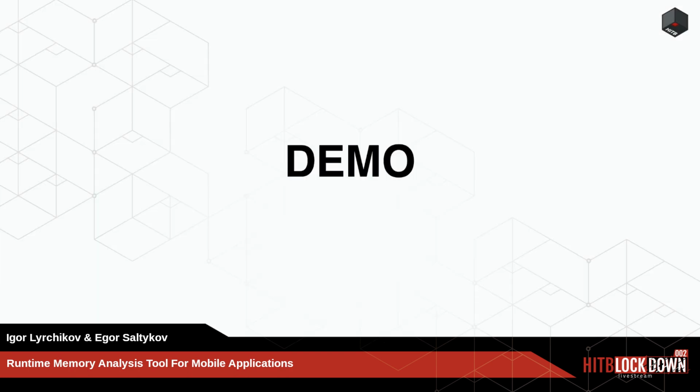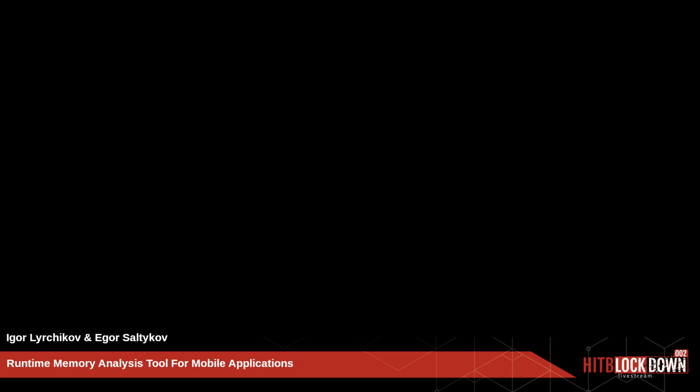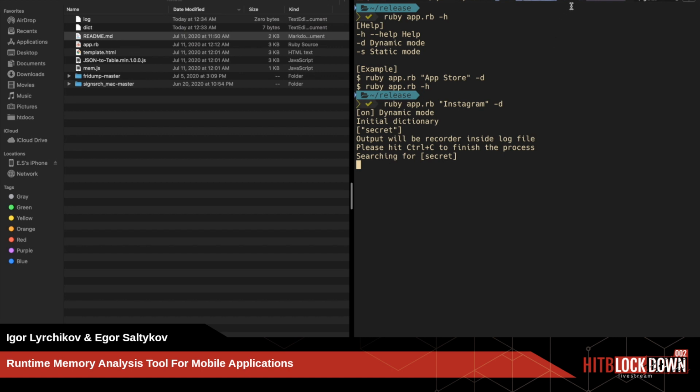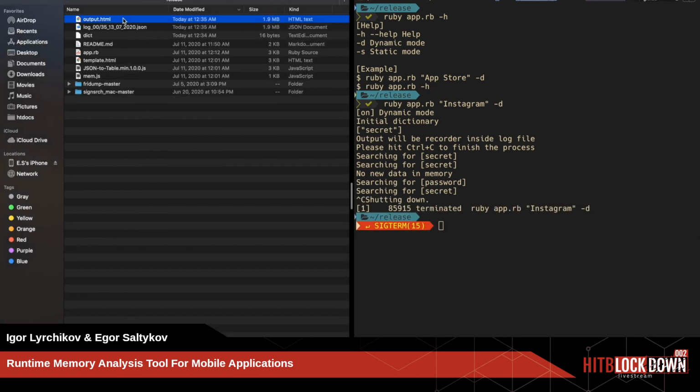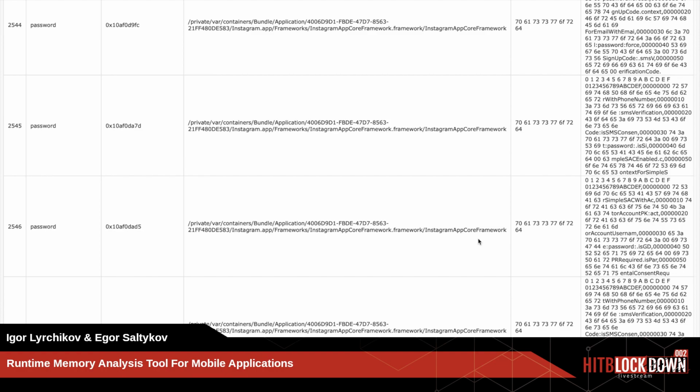Let's move to our demo. We will run it against the Instagram app installed on an iPhone. We initially pre-generated a dictionary with only one word, "secret", and later we will add a password phrase. We can change it dynamically, because after one iteration it goes back to this dictionary and we read it